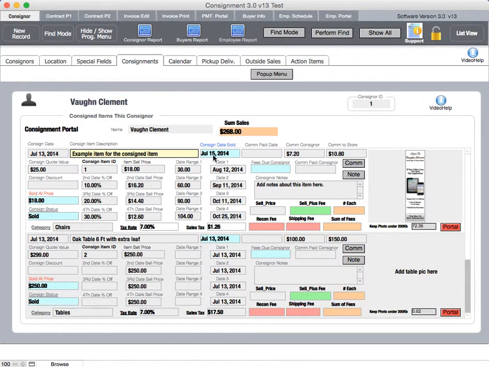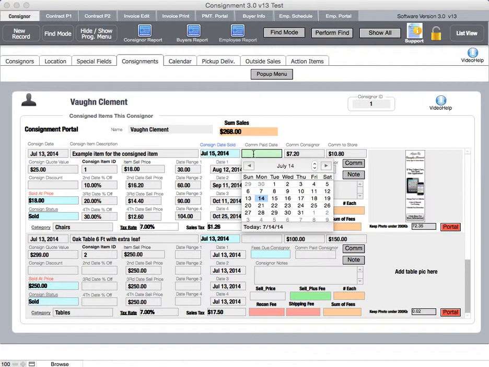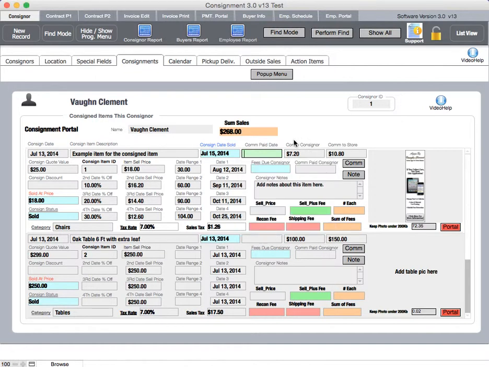You would not put in the consigned sold date until the actual item is sold, and that's one of those items that would be updated later on when you're doing the invoice. This consigned date paid, the date of the actual commission being paid to the consigner, is added after you run the report to generate information for consignments when you're ready to pay the checks